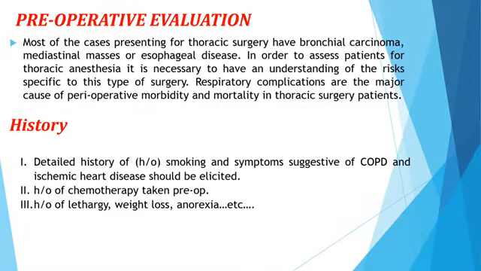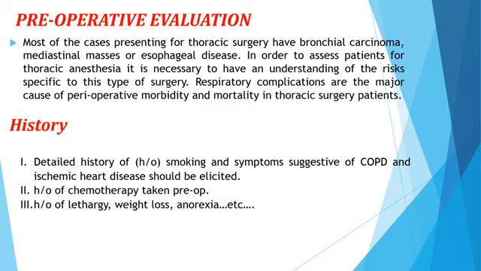Preoperative evaluation: most of the cases presenting for thoracic surgery have bronchocarcinoma. So most of the cases that come for thoracic surgery have bronchial carcinoma, mediastinal masses or esophageal disease. So why do we do thoracic surgery, and why do we give the patient thoracic anesthesia? Because there is a lesion, a mass, or esophageal disease. In order to assist the patient for thoracic anesthesia, it's necessary to have an understanding of the risk of a specific